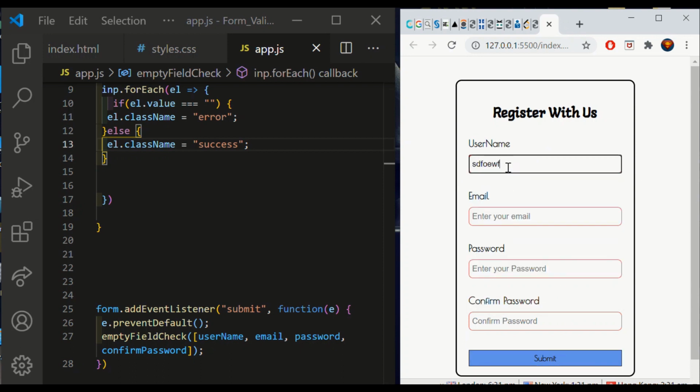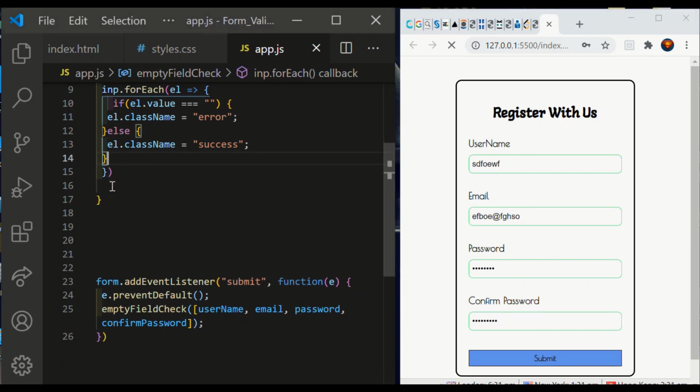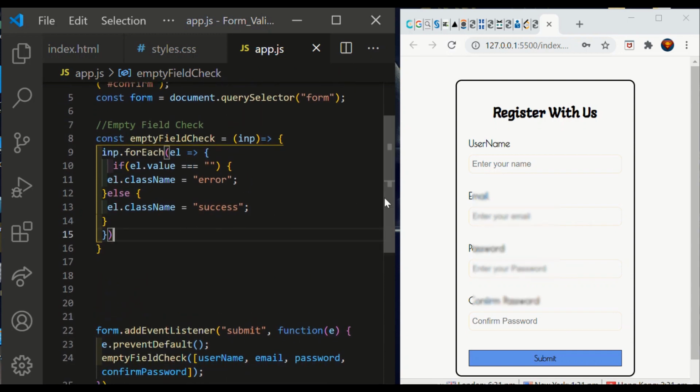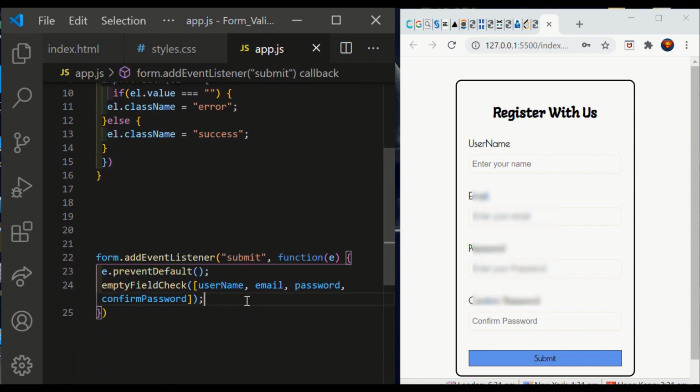What if I'm providing something? Yo, we got our first thing actually. We did it. So we are done with the empty fields already. Now the next thing would be to check